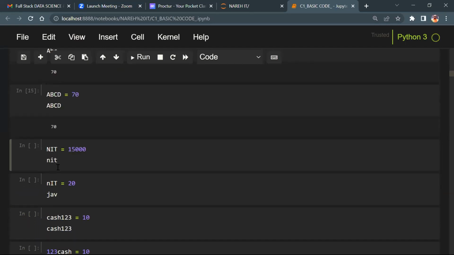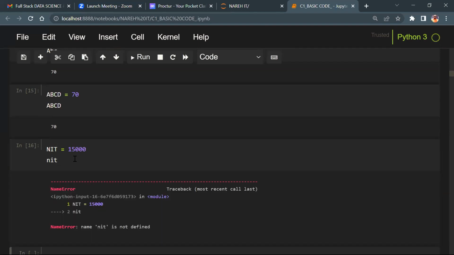70. Now, let's say NIT, Naresh Institute, the course fee is 15K, 15,000. Now, if I call nit in small letters, what is the output? Error or output? Error, because name nit is not defined.